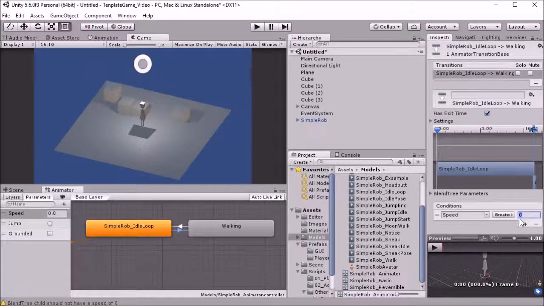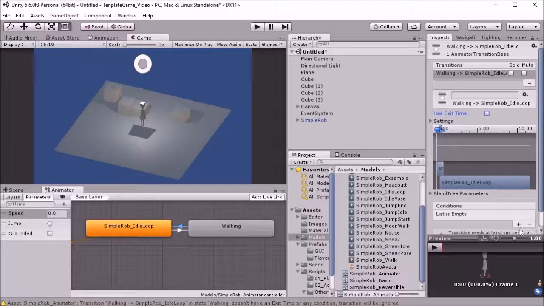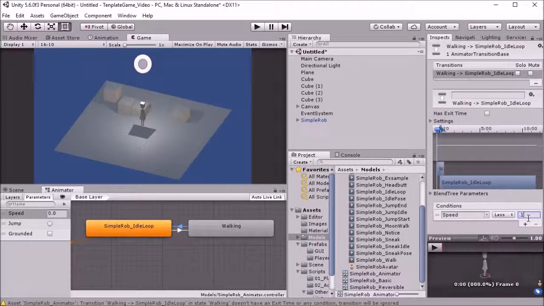If the speed is greater than 0.1, I mean, you could go smaller than that, but that should be enough. And we turn off has exit time, so we do that immediately when the speed goes up, not when the current animation is finished, and vice versa. Turn that off. If the speed is less than 0.1, we'll turn to the loop animation. So now,